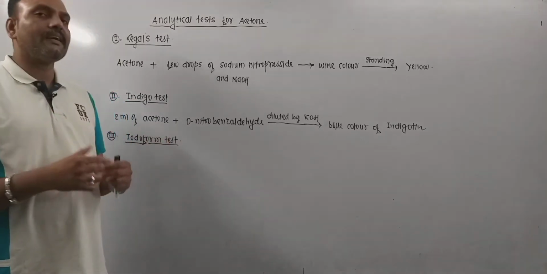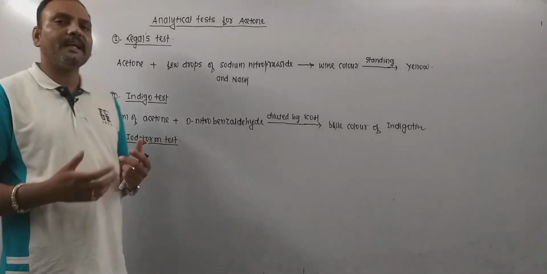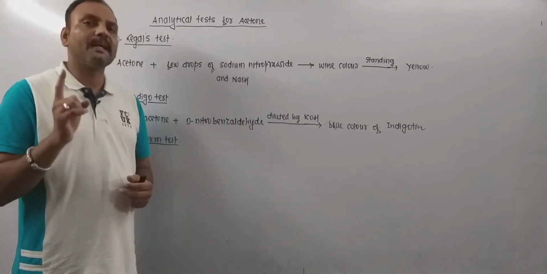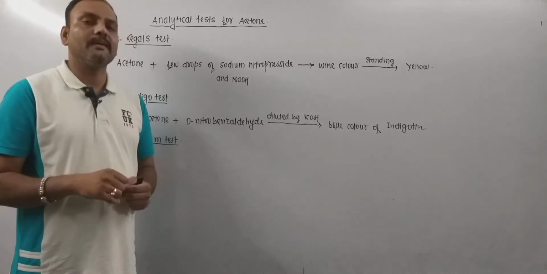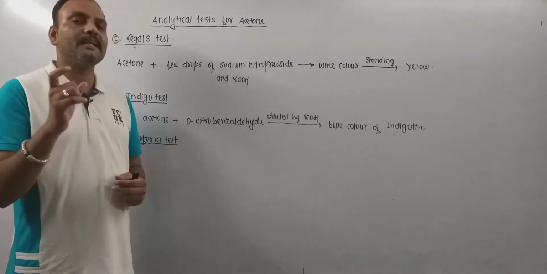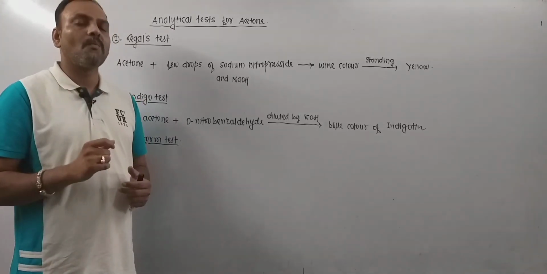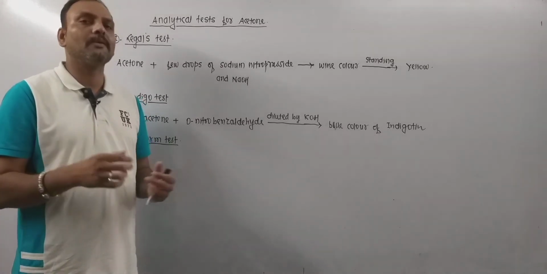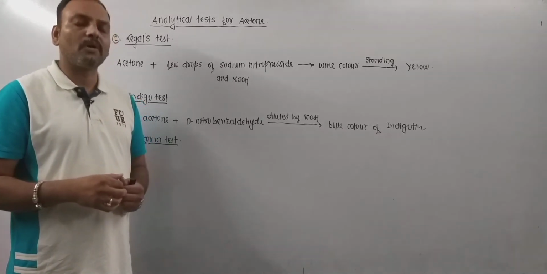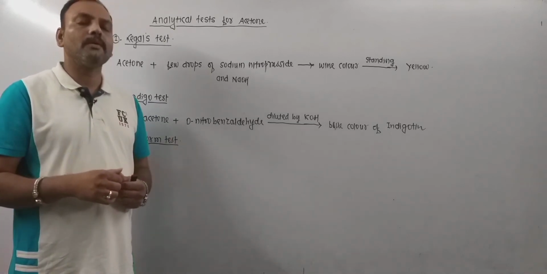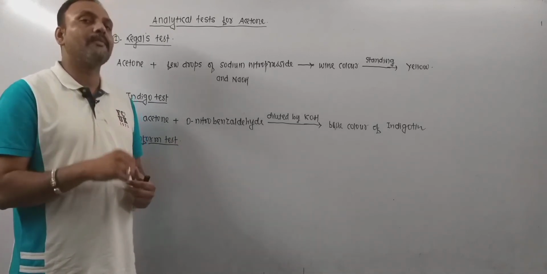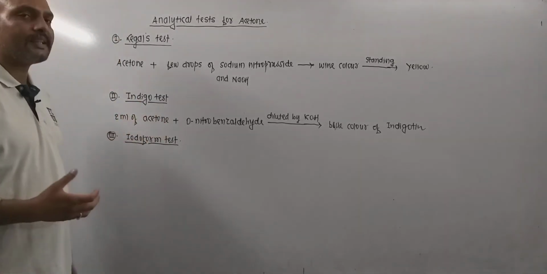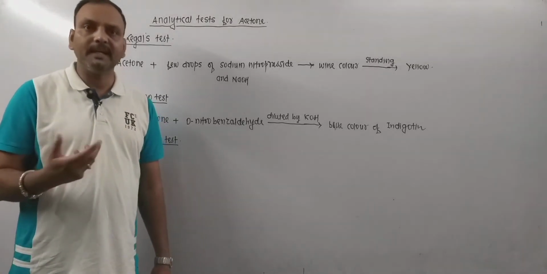By treating the sample of acetone with NaOH and I2, a yellow needle shaped crystalline solid appears on the product side, and that is nothing but iodoform. Formation of iodoform can be seen by the naked eye as it is a yellow needle shaped crystalline solid, and if iodoform is obtained, then that confirms that the sample is of methyl ketone, and right now we are dealing with acetone. Remember, acetone is a methyl ketone as well.